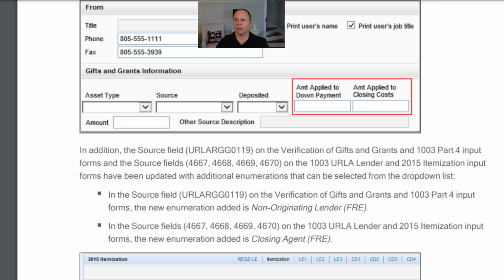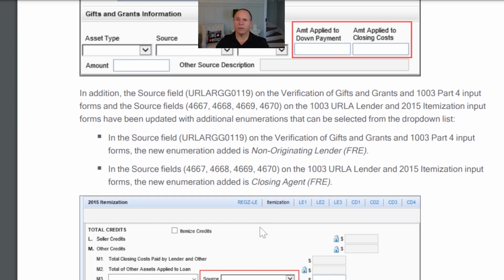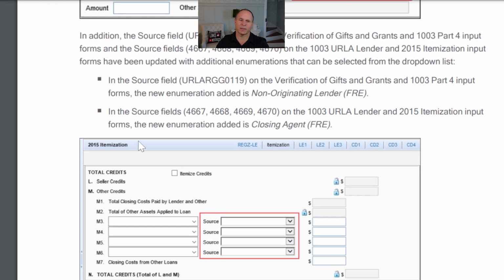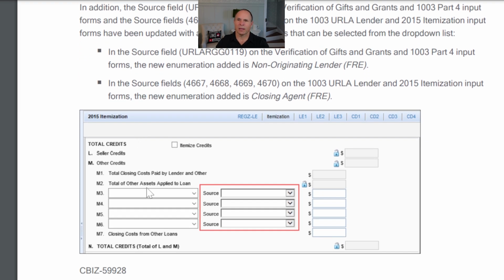And the idea here is that if you're using these fields, you'll see at the bottom, it says on the screenshot here 2015 itemization, right? This is at the bottom, and this is also the same fields as the URLA lender. So don't let that confuse you. If you see 2015, it's at the very bottom.